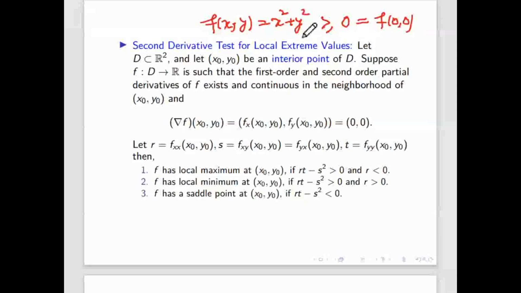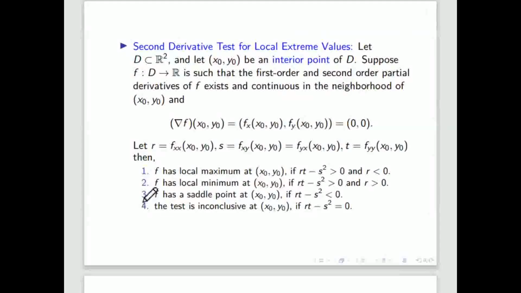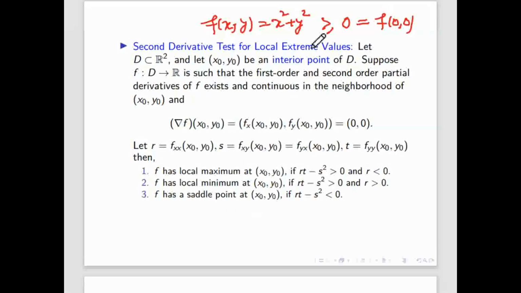If you are not able to show it, then you have to choose some points such that on one side the function is greater than f(x naught, y naught) and on the other side it is less than f(x naught, y naught). Then that (x naught, y naught) is the saddle point. So if the test is inconclusive, it belongs to one of these 3 only, and you have to check that manually, doing something like this, based on how the question or function is given. So next class we'll see more examples for maxima, minima.